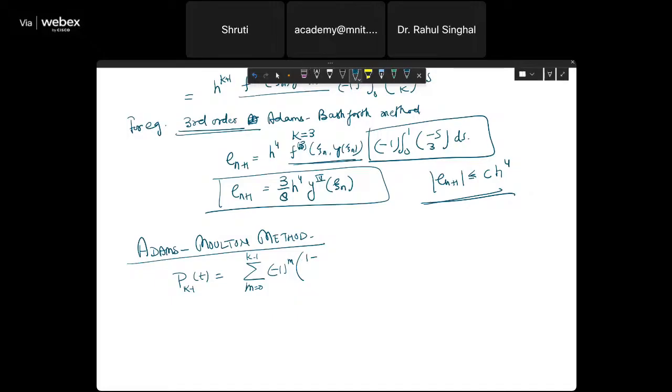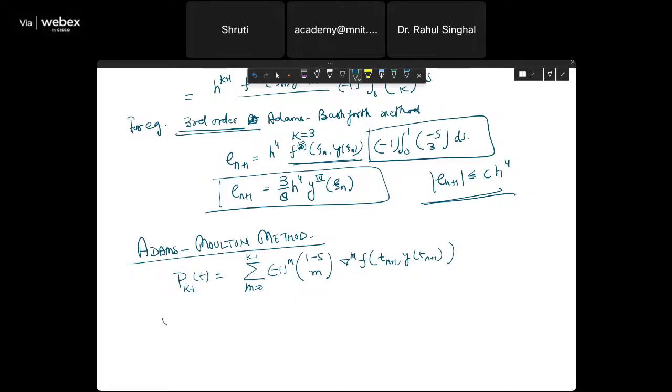Okay, so this will be 1 minus s c m lambda m f t n plus 1 y at t n plus 1. Okay, so this will be now the interpolation polynomial. Fine, so using this now we will calculate the integral as we have done for deriving the Adams-Bashforth method, and